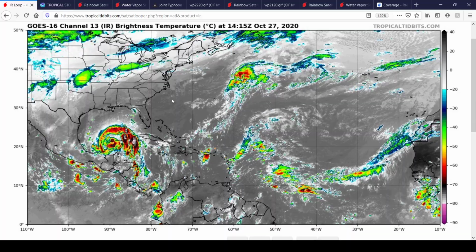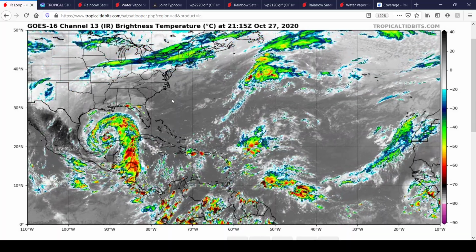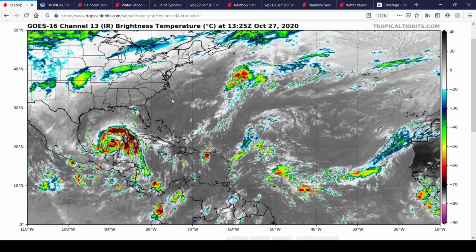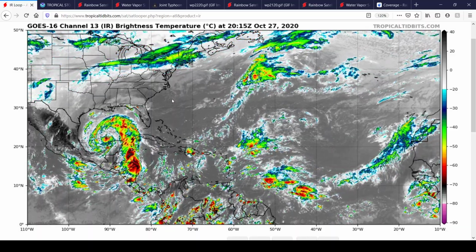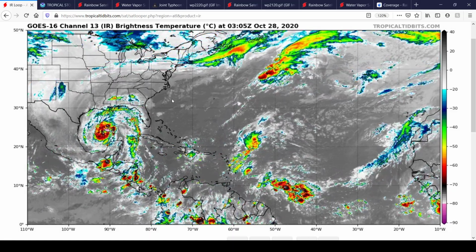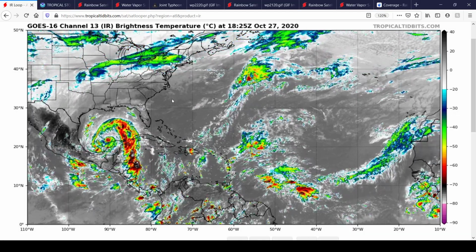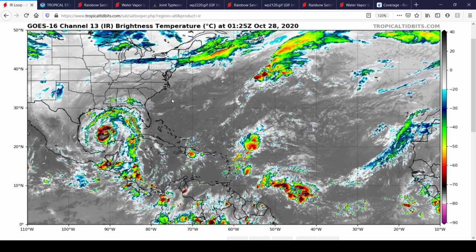And all in all, just for a wide summary of things here, in Atlantic wide at least, please keep an eye on Tropical Storm Zeta. It's forecast to re-intensify back up to Category 1 intensity as it traverses over the Gulf of Mexico, either making landfall in Louisiana or Mississippi. And it's supposed to increase its forward speed as well as it progresses over the Gulf of Mexico. It's not going to slow down. It's not going to stay at its current forward speed. It's going to be increasing in forward speed as it nears landfall over the Gulf Coast of the United States,